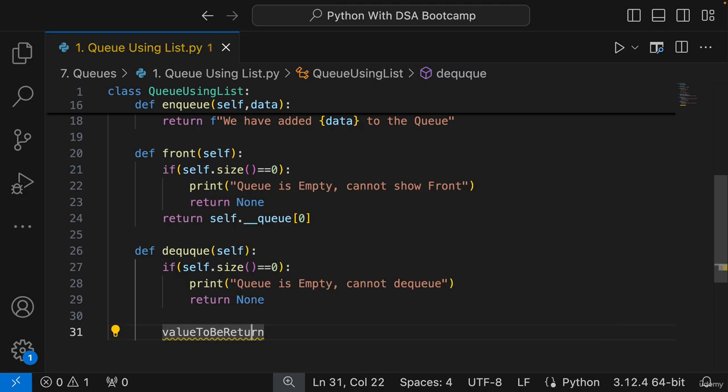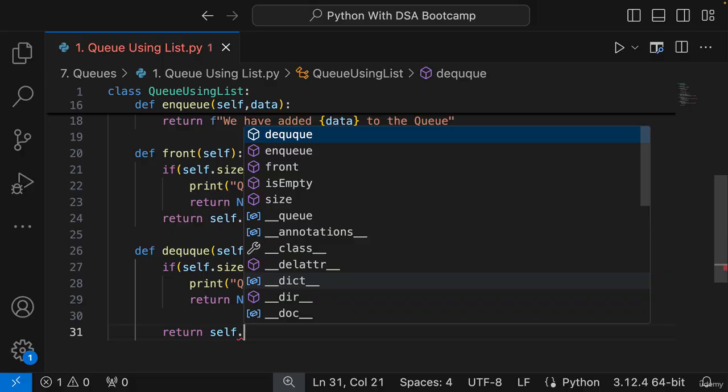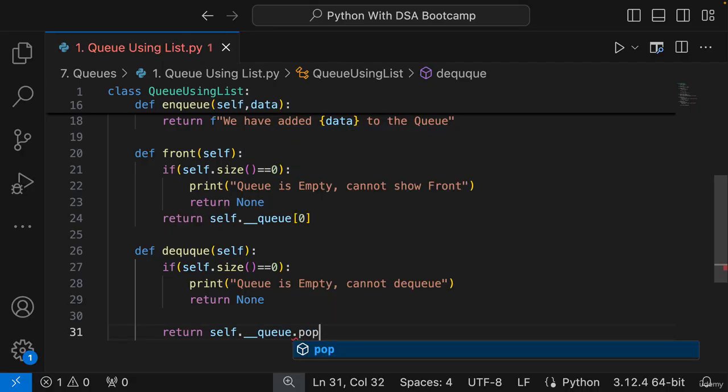Actually, we can directly do q.pop as well. So let me do that only. We saw the same thing. Return self.q.pop and we can provide 0 here. Okay, so this can directly be done because this is going to return me an element